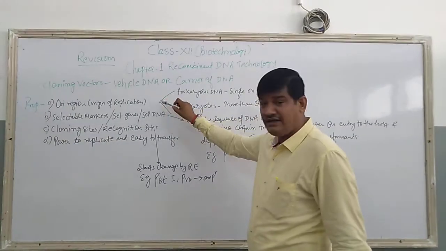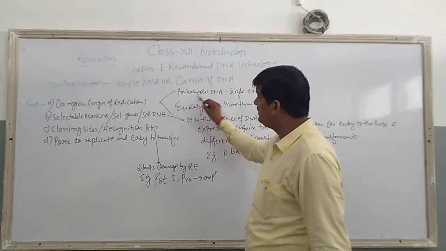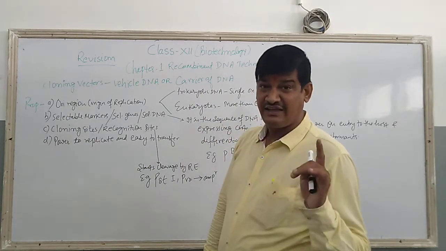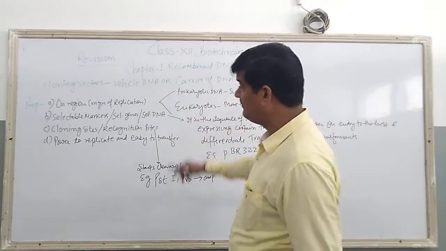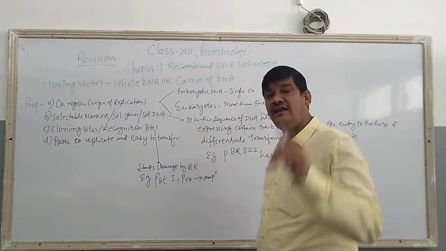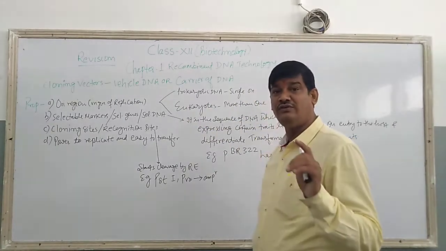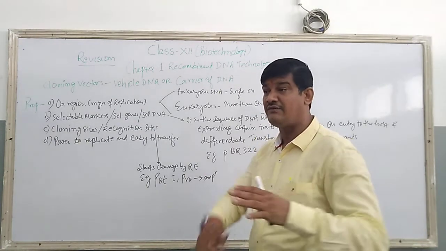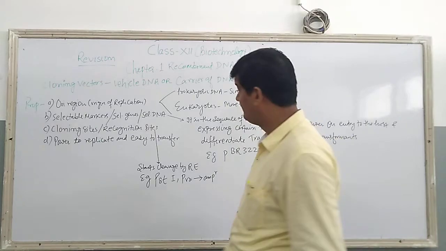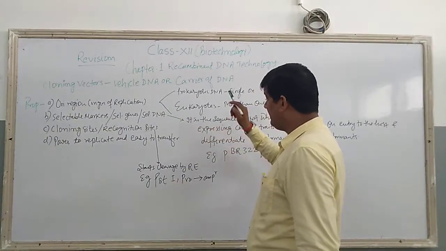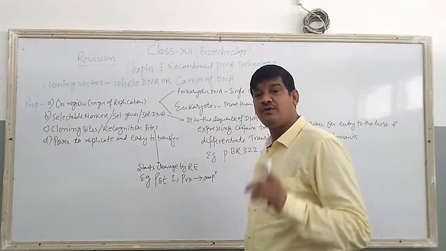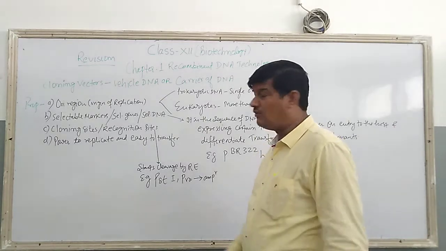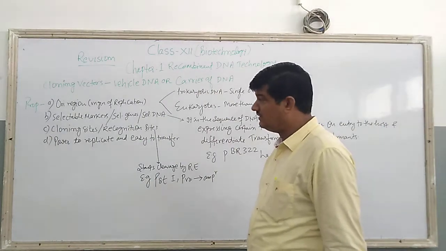So there are two kinds of organisms. One is called prokaryotic and the second one is called eukaryotic. In the case of prokaryotic organisms, the origin of replication is single. Only one origin of replication is there. There is no way to start the DNA replication from anywhere else. There is only one site. But in the eukaryote case, there is more than one replication site, that is, ORI, origin of replication.